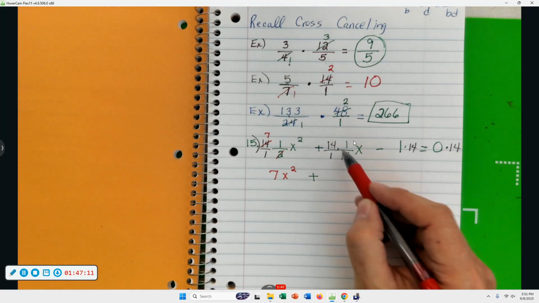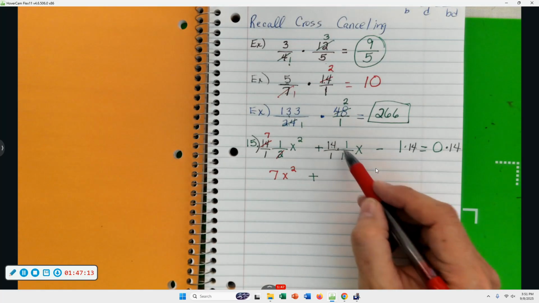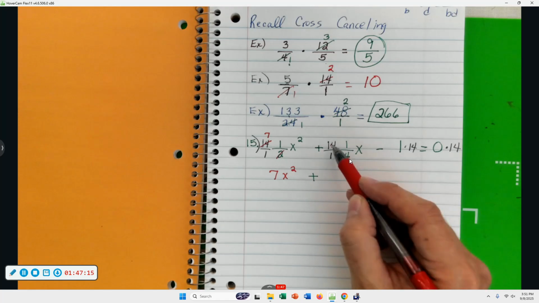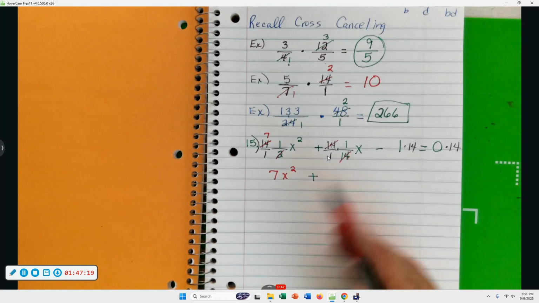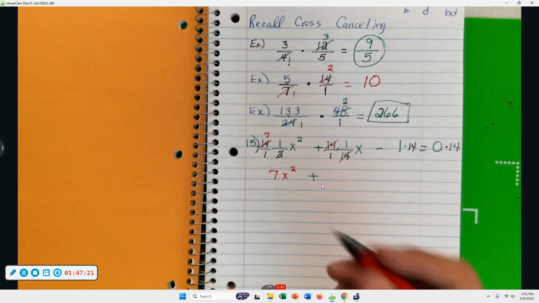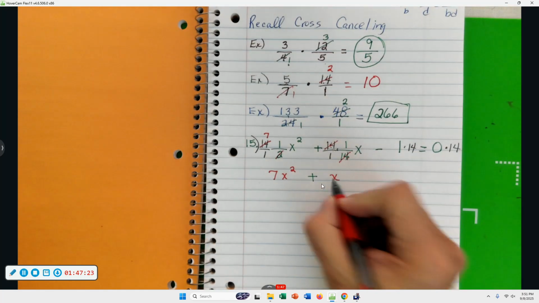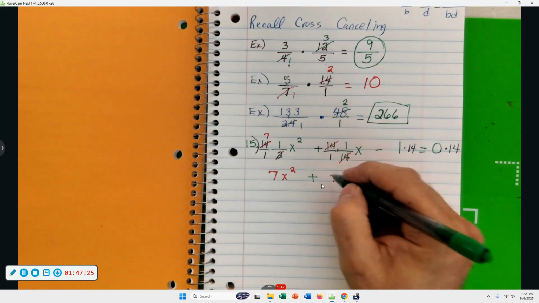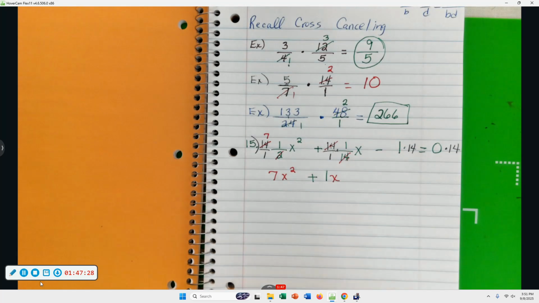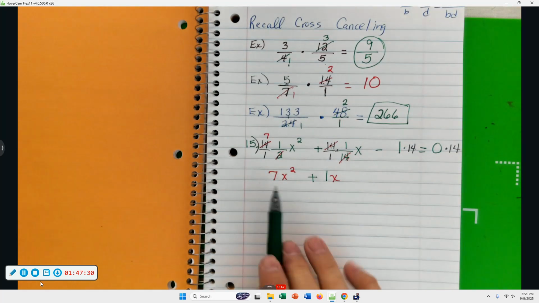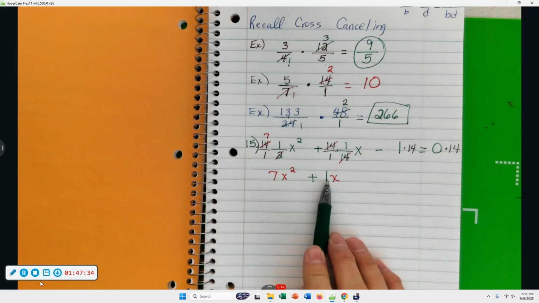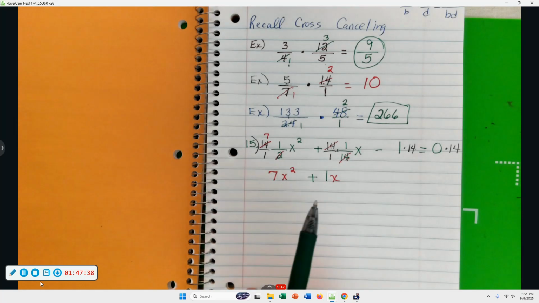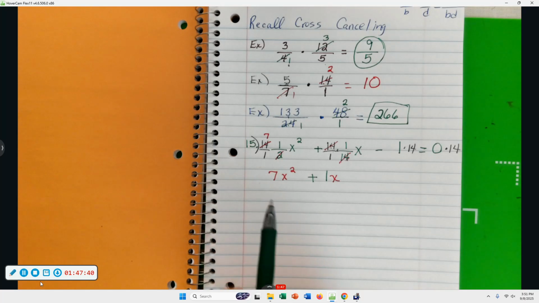Are we going to have any fractions left? The 14s cancel. And you're just 1 divided by 1, so that's just a 1x. You can write the 1 or not. I think I'll write it just because we're going to be using the quadratic formula. So A is going to be 7. B is 1. I think that multiplying through by 14 is easier than saying A equals 1/2 and B equals